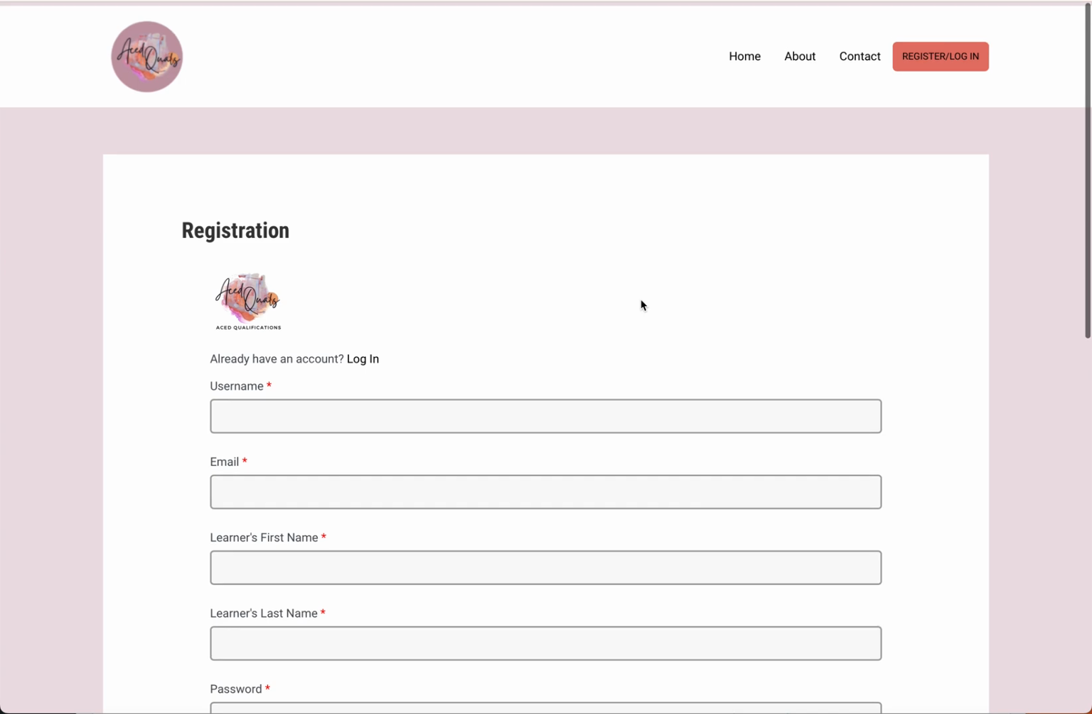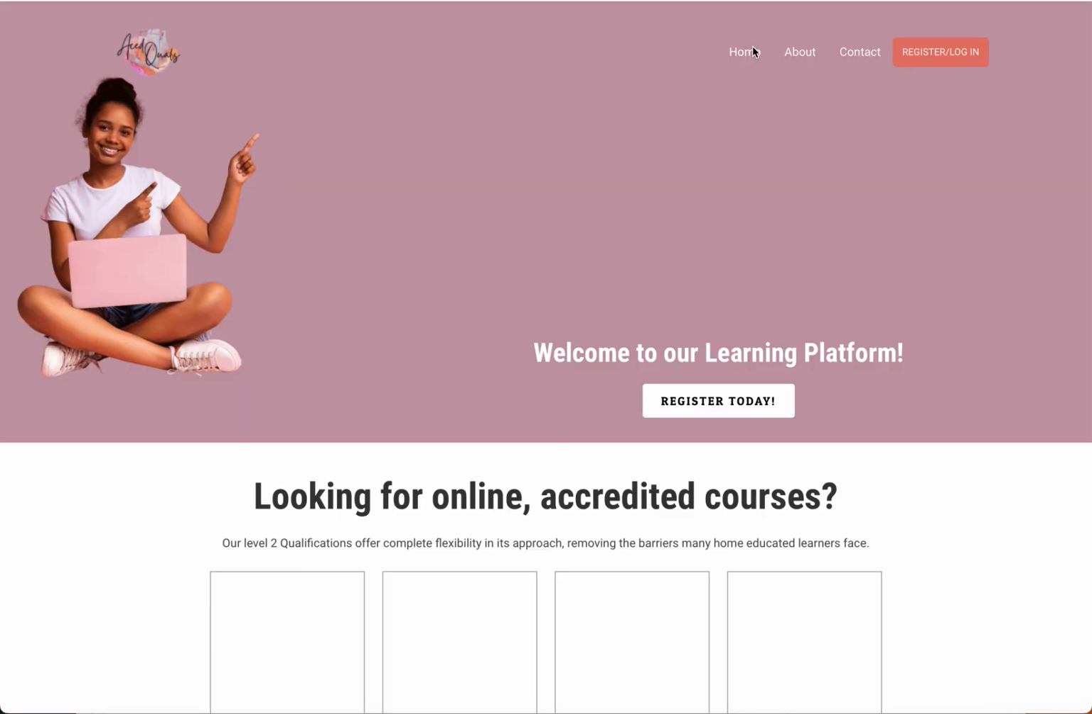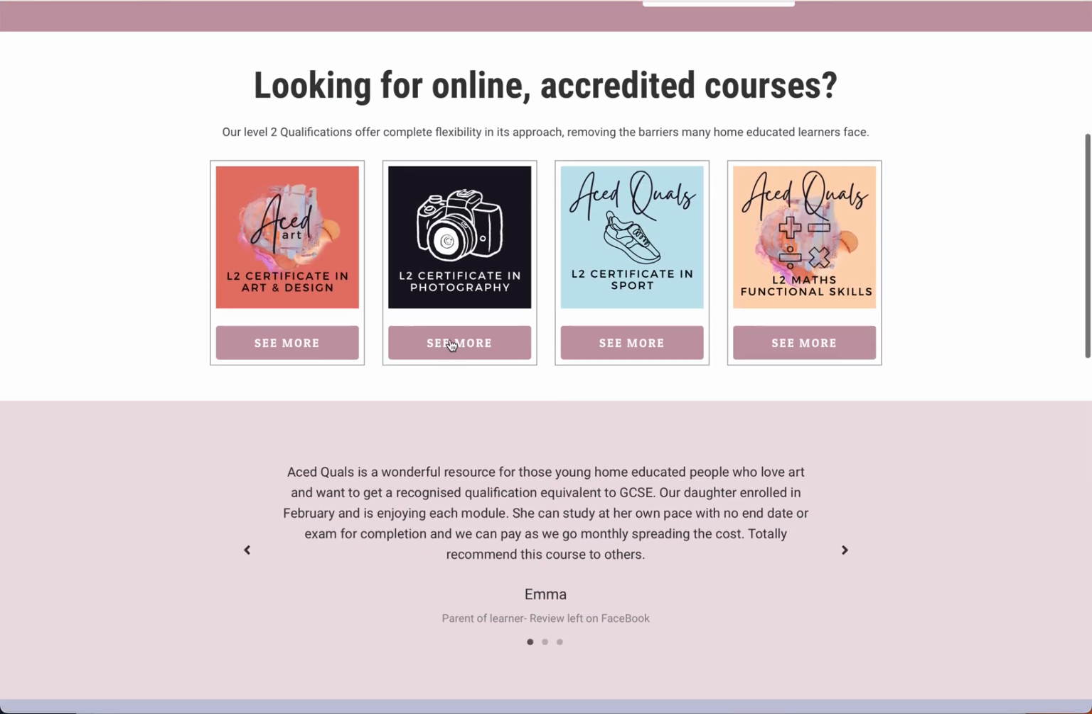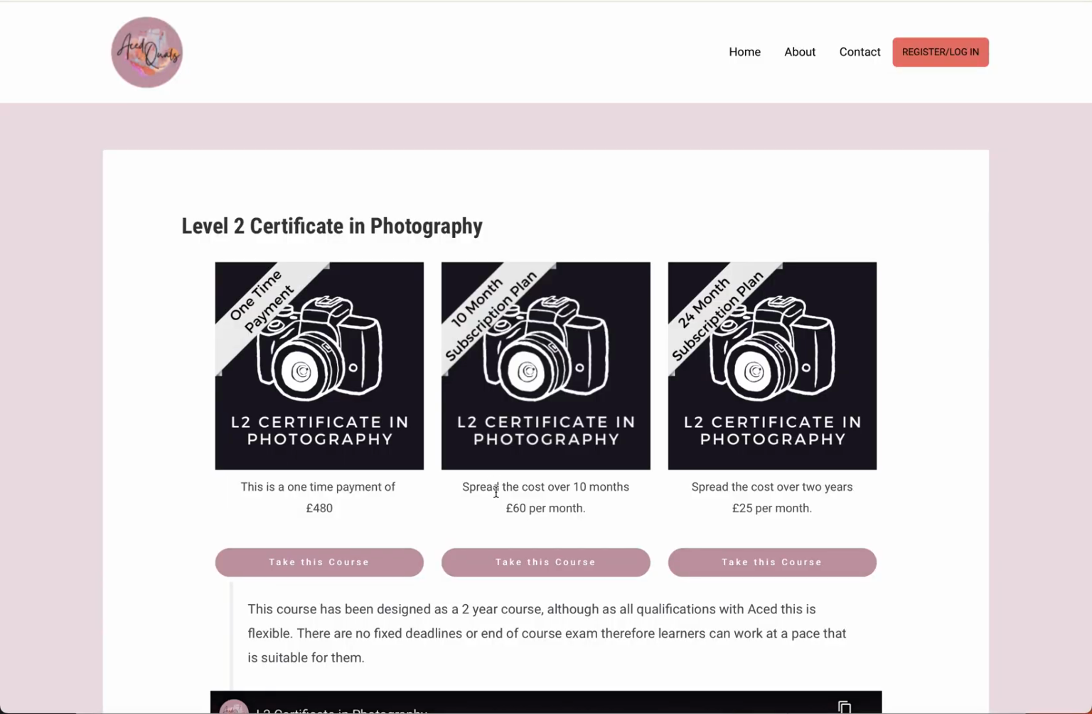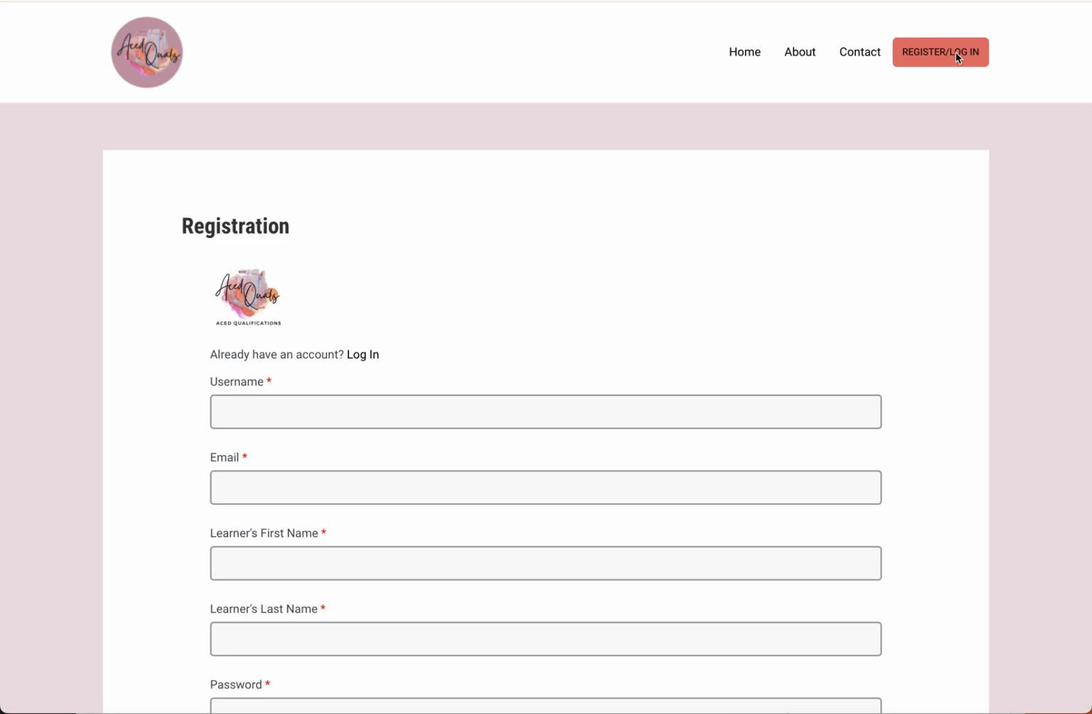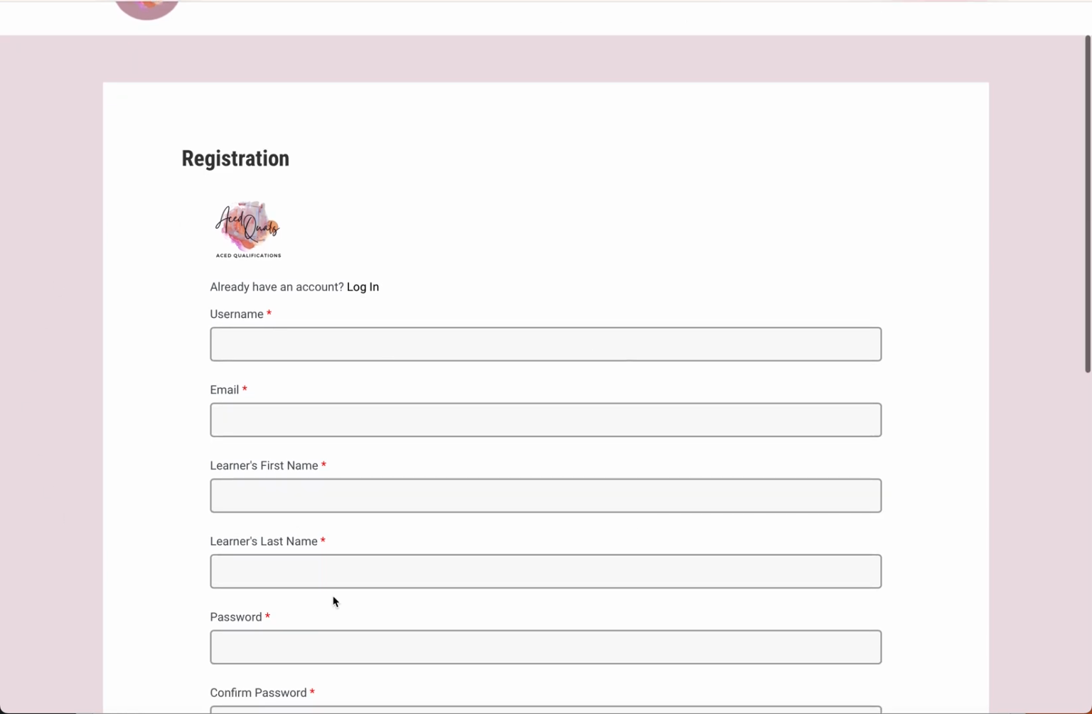Now there are other ways of getting onto the courses. You could go via this way, and if you want to choose a course, you can click take this course. It will then send you to that registration page automatically. So there are different ways of getting there. But if I just go back to the register page, as I said, this page is for